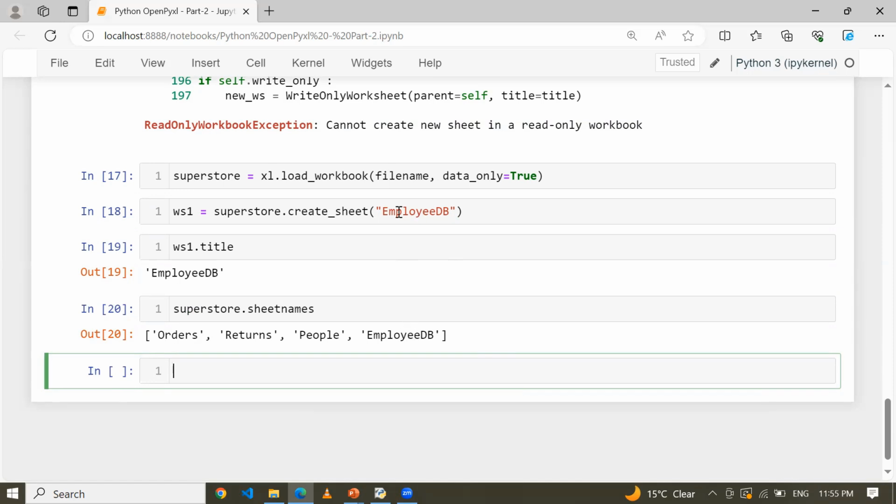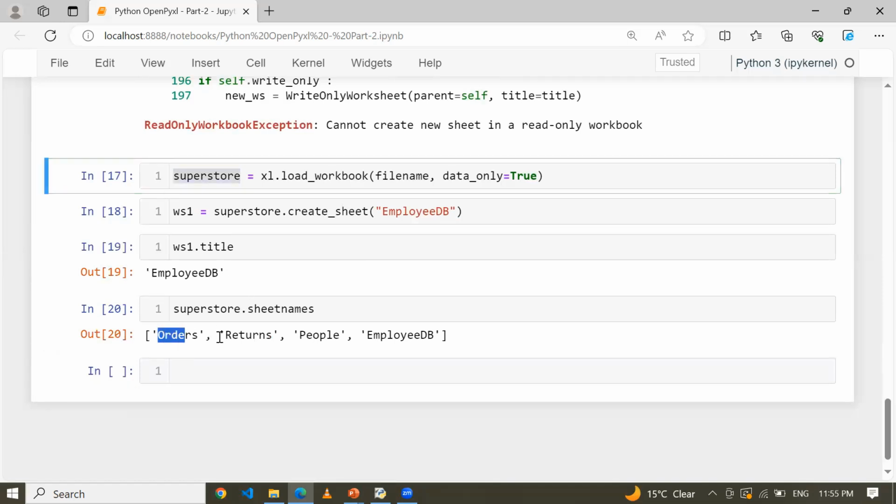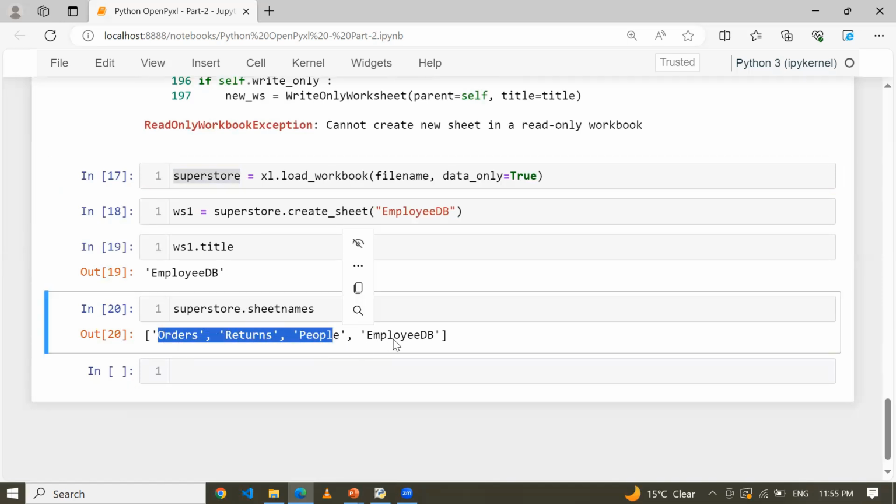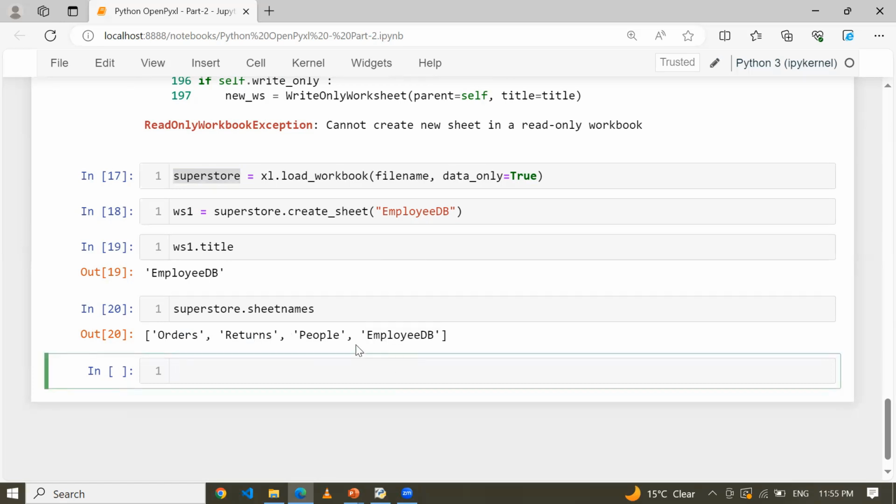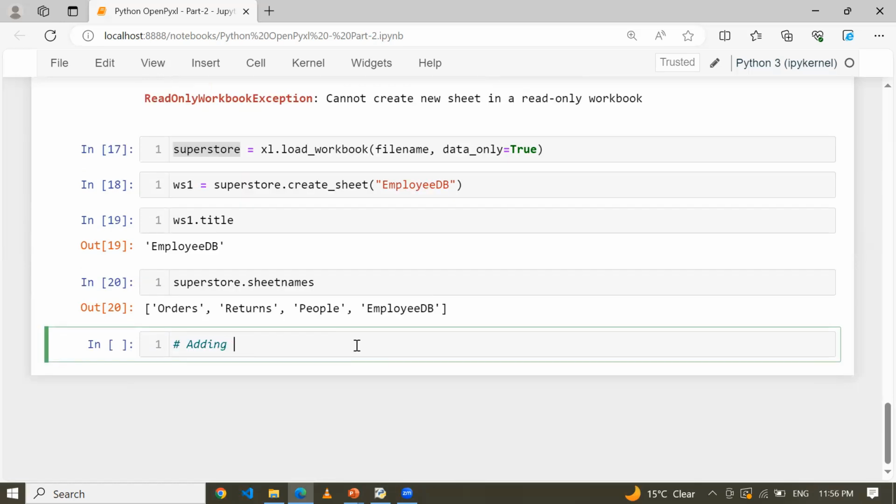All right. So in case you don't have any worksheet in your workbook, this will be the very first worksheet. But right now in the superstore, I already have these 3 worksheets. So this will be my 4th worksheet, and it will be added at the end of the worksheets. Okay, so this thing you need to keep in mind. All right, and now what I'm doing here is adding a worksheet